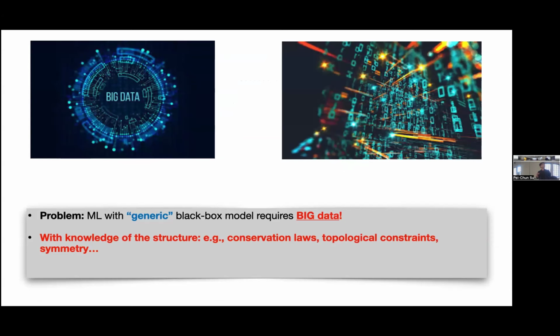For example, you can consider conservation laws or some topological constraints and even group symmetry. So one potential solution is: can we leverage the underlying structural information to improve data efficiency, in the sense that we can still achieve efficient learning with reasonable results even with limited data, if we consider the underlying inductive bias of this symmetry or structure.